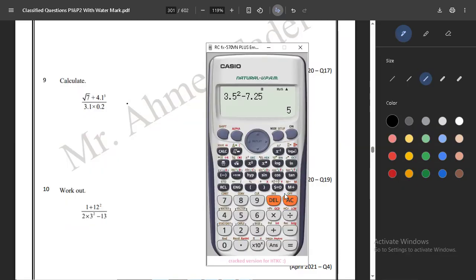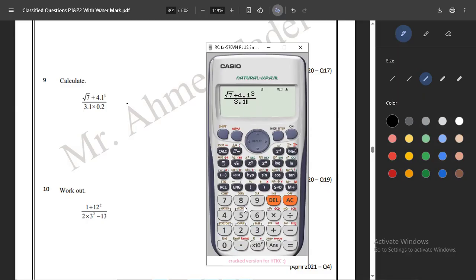So to do this first, I need to put the fraction sign. Up there, I'm going to write square root of 7. And then I need to get out of the root, so you need to move with the arrow one step to the right. And then you add 4.1, but it is cubed. So I'm going to go to the cubed button, put the index here and write the 3 by myself, or I could have just pressed Shift X squared, which gets you cubed. So now square root of 7 plus 4.1 to the power of 3 over, you need to go down,